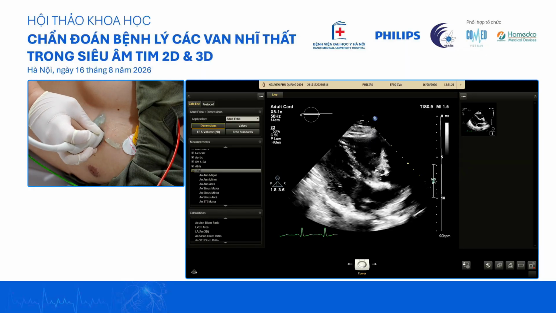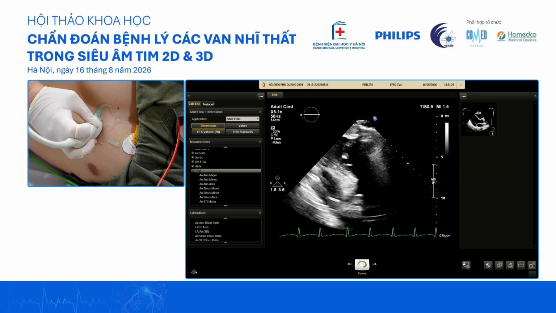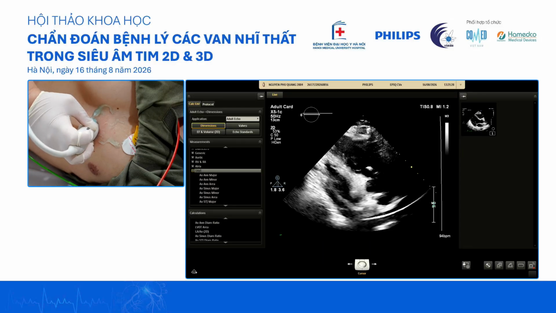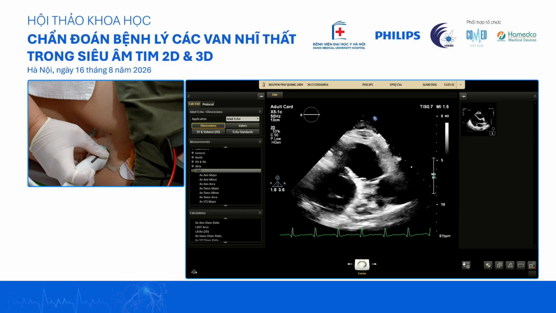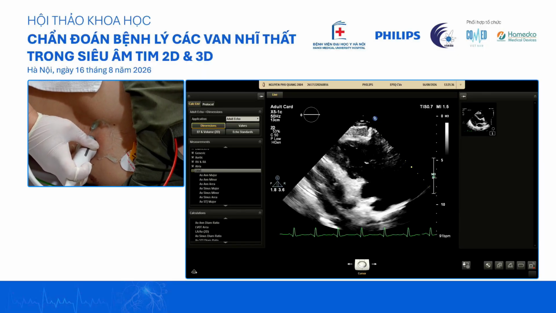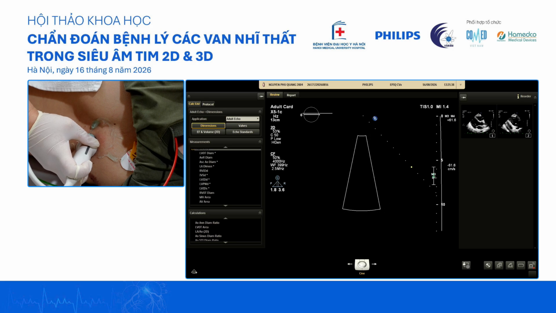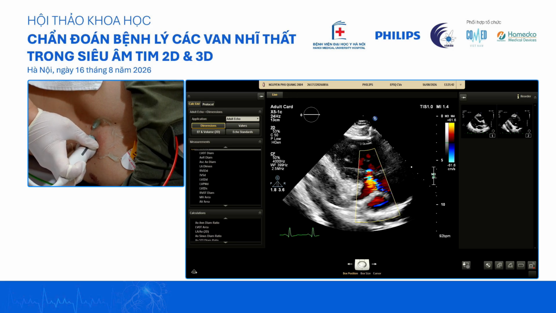So we will look at the RV inflow. Let's just take a look at the tricuspid regurgitation first.